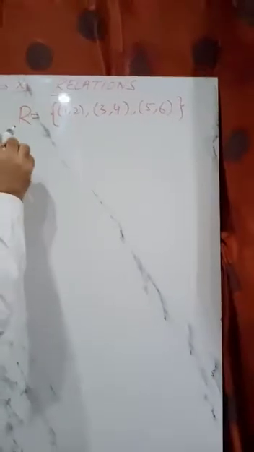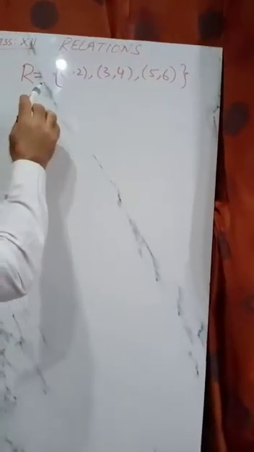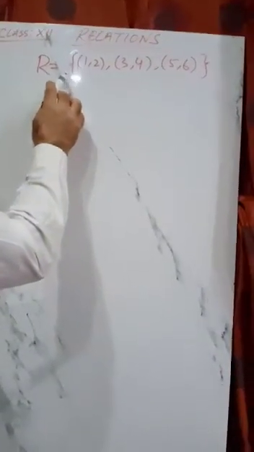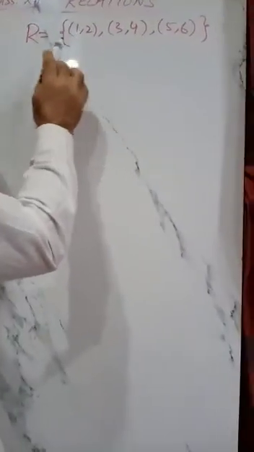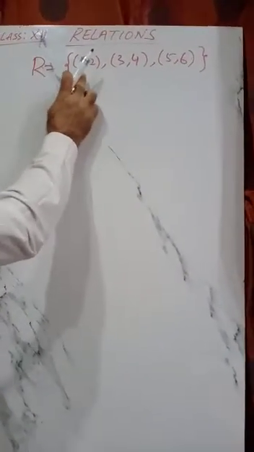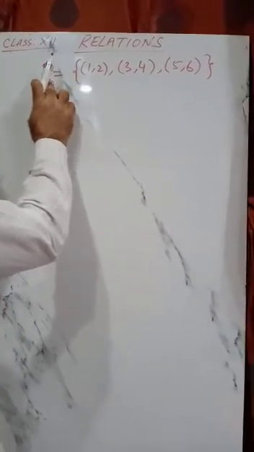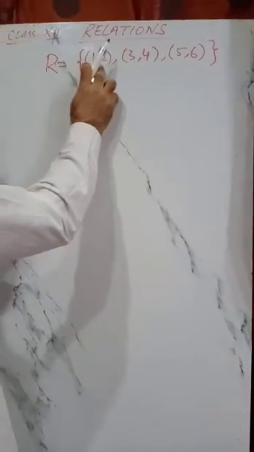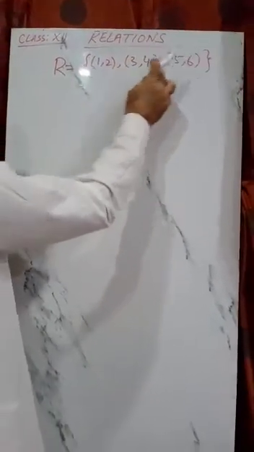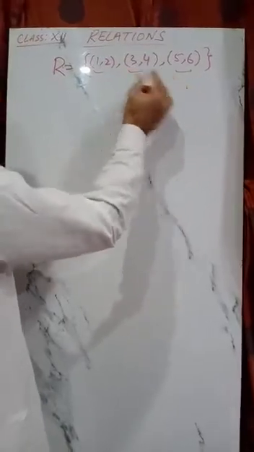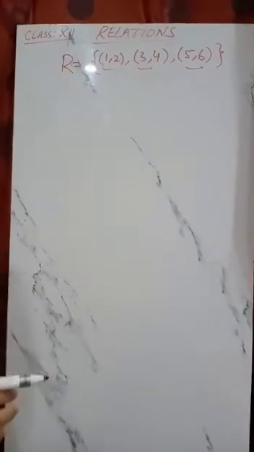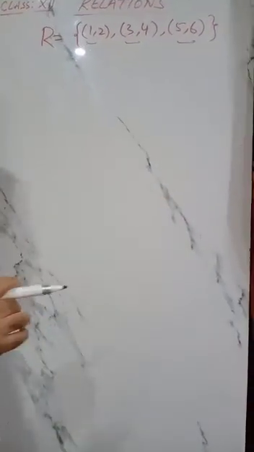This is defined. A relation is defined because a relation is nothing but a subset of the Cartesian product. So here we have the Cartesian product, we have ordered pairs. So the relation has ordered pairs (1, 2), (3, 4), (5, 6), these are all ordered pairs. So the relation is R is equal to {(1, 2), (3, 4), (5, 6)}. Now see,